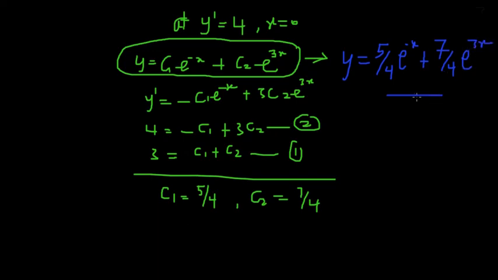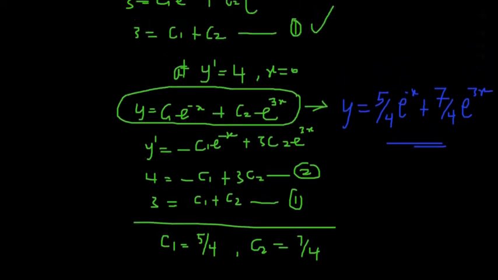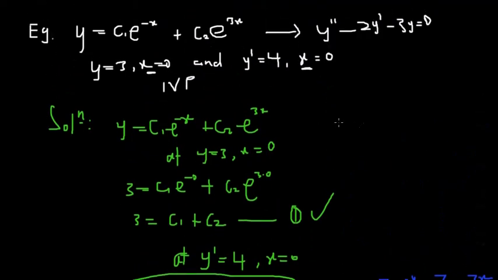So this is our final answer. So this is how you solve an initial value problem. Let's take another example on boundary value problem so that you get to understand it better. So this is our initial value problem. You need to know that for initial value problems, the x values or the subsidiary values